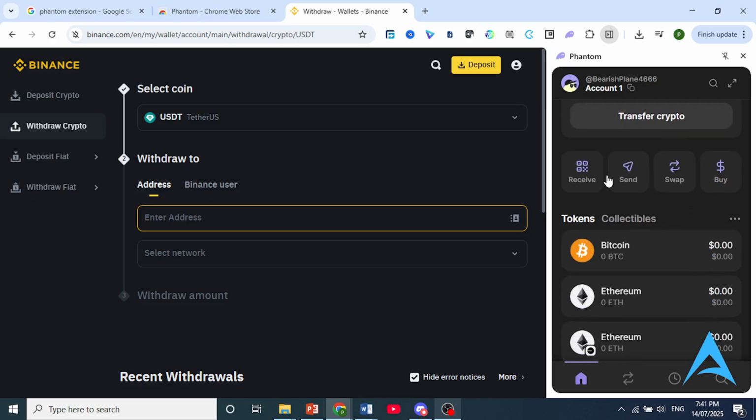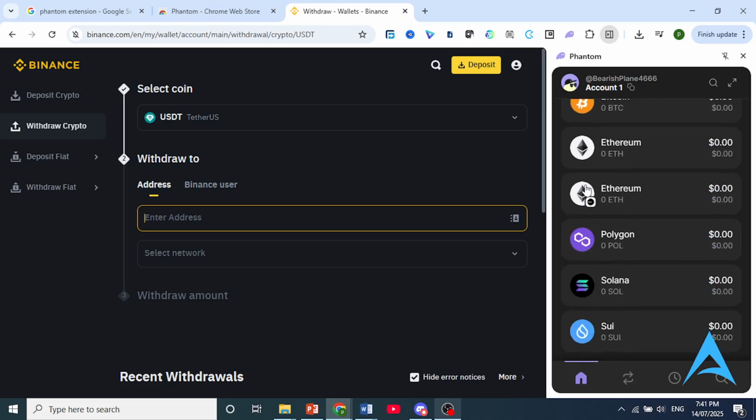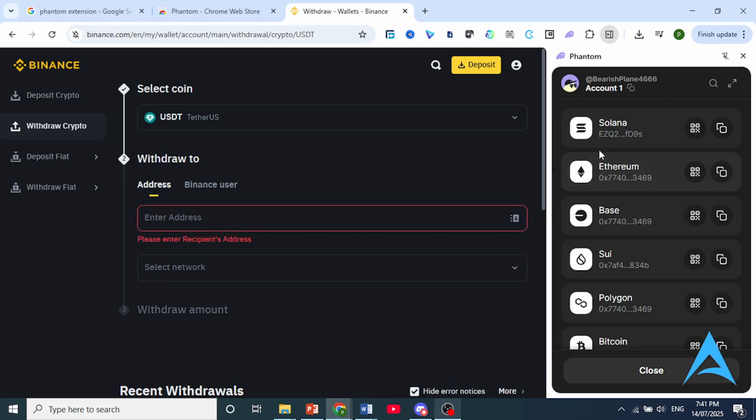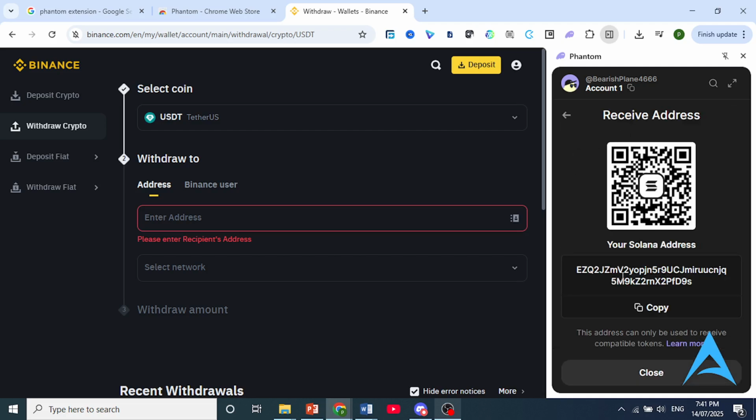And then all you need to do is click here on receive, and then go ahead and just choose your Solana. So this is our Solana address. You can copy this. So what you do now is you just go to the platform where you hold USDT,